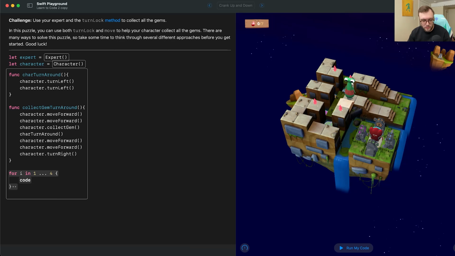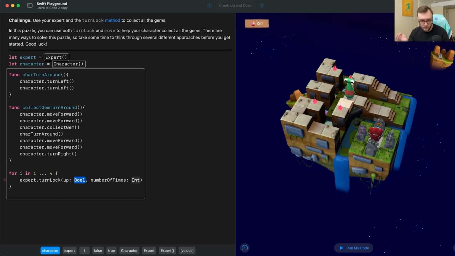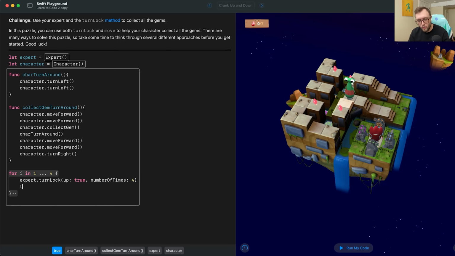So let's have this repeat 4 times, because we do have 4 different switches. And let's have our expert do the dot turn lock, and we can access that one that we used in the previous playground. And for the up, we're going to want that to be true, because we're moving it up. And for the number of times, let's try 4. Again, beauty of it, we can always change it later. Once they're done turning it up, let's have the expert turn